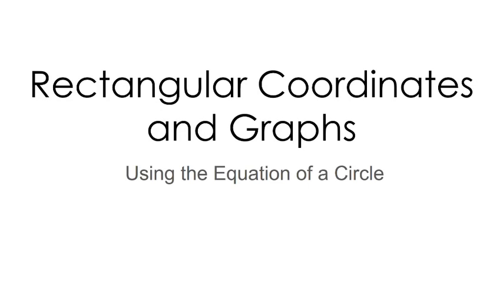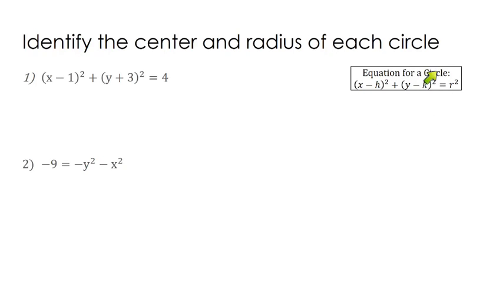All right, in other videos, we've derived the equation for a circle. And now let's use the equation of the circle. So we've got the equation for the circle shown over here. This is called center-radius form, specifically because it tells you both of those things about the circle. And so this would be like our general form of the equation. So if this were a specific circle, could we identify the center and the radius just from this